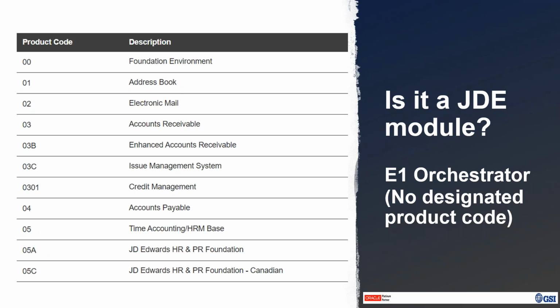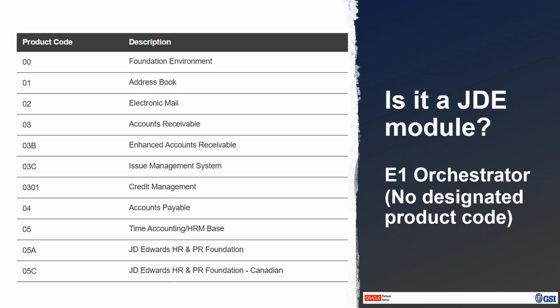Those modules or application sets have their own JD Edwards system ID. For example, home builder management is 44H. Real estate management is system 15. Orchestrator does not have a designated system ID from JDE,